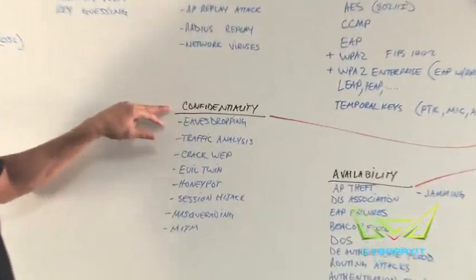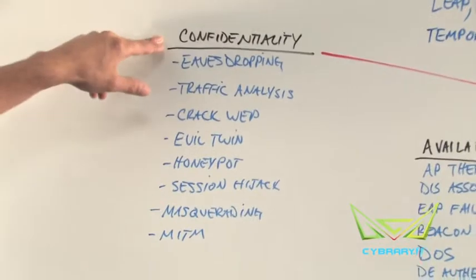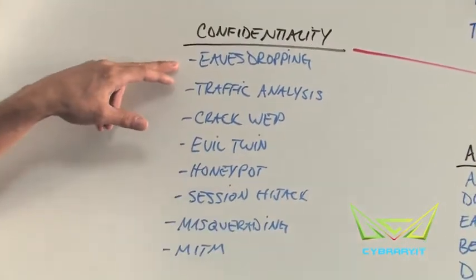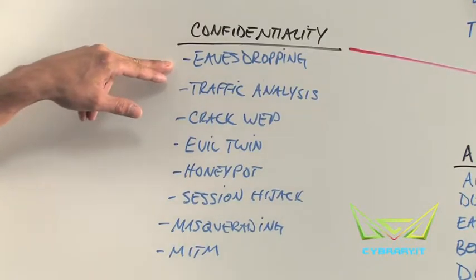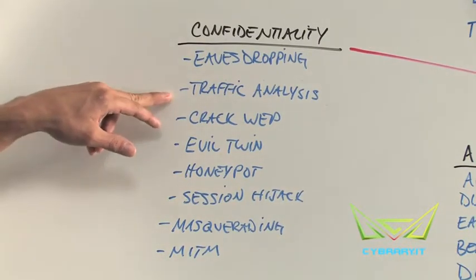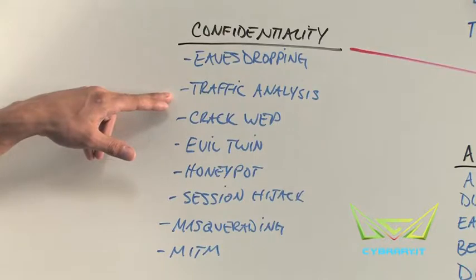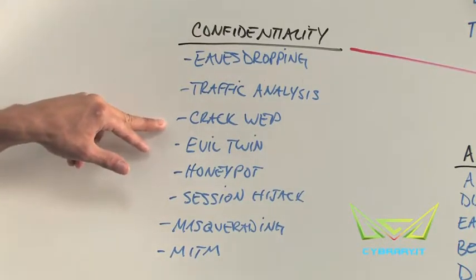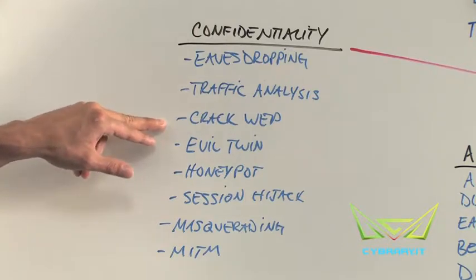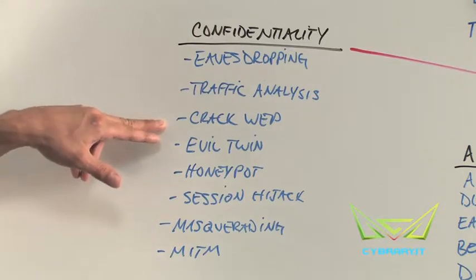Confidentiality style attacks, focusing on disclosure-oriented attacks. This is where you have things like just eavesdropping, right? Using a packet sniffer, something like Wireshark or T-Shark or something to that effect. Or you could chalk that up to traffic analysis. You could try to crack the WEP key. If the WEP key or the encryption key is disclosed to you, that's no longer